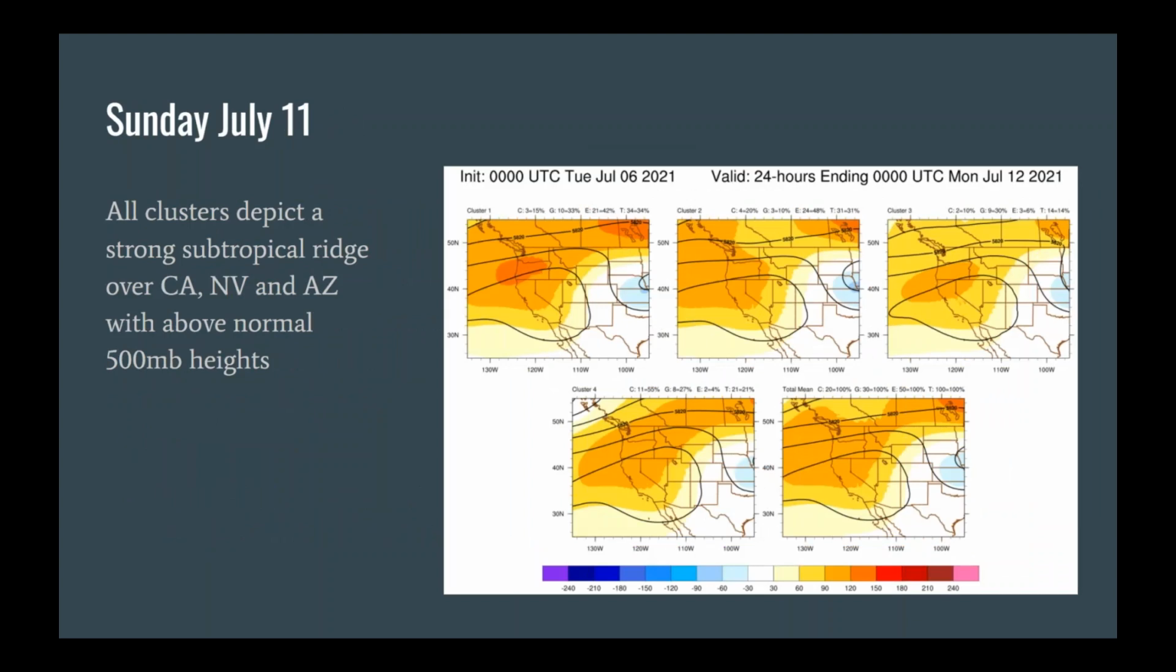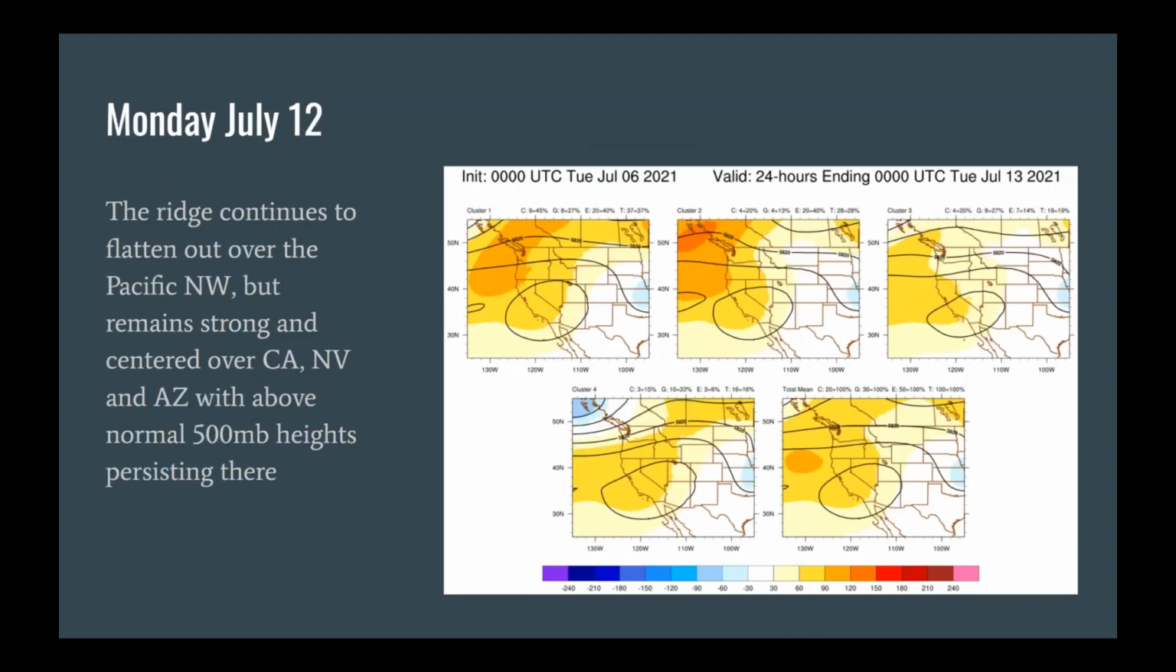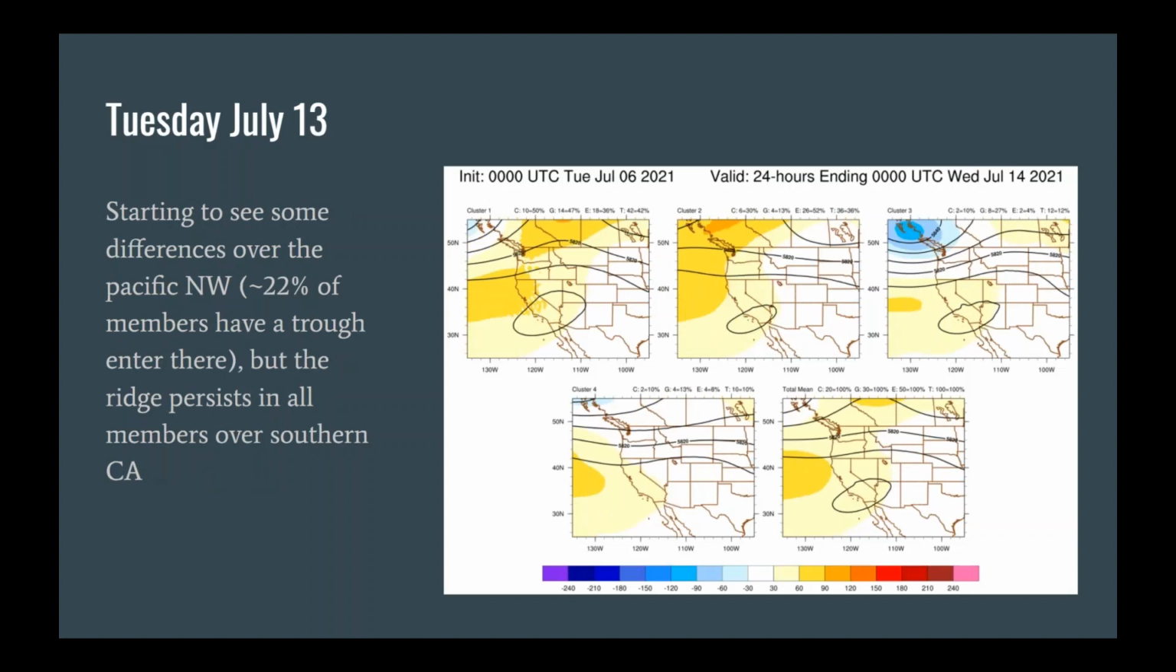When you go into Sunday, there's a little bit of a flattening of that ridge, but it's still very strong over California, Arizona, and Nevada. And that ridge just sits. There's very little movement to it. It continues to flatten over the Pacific Northwest, but again, the 500 heights remain quite a bit above normal in this situation. Finally, by Tuesday, some of this starts to break down, with a couple of clusters, 3 and 4,